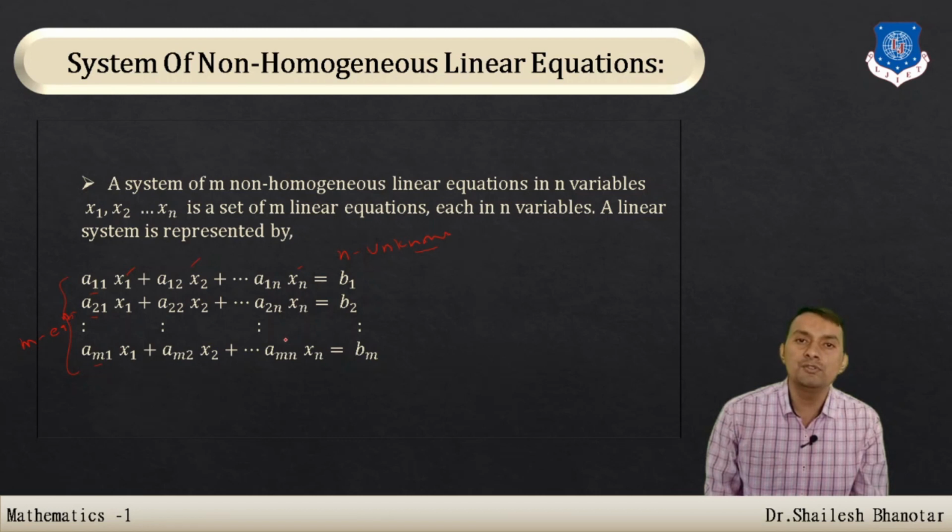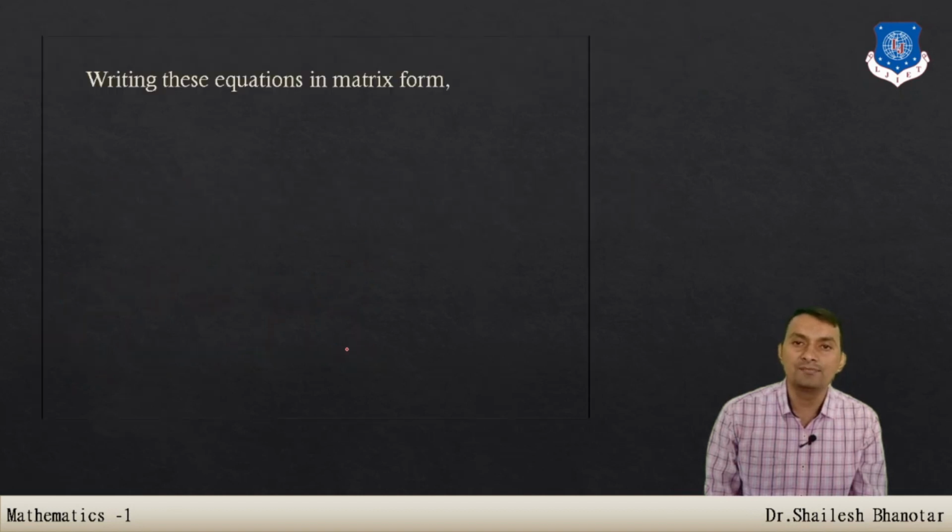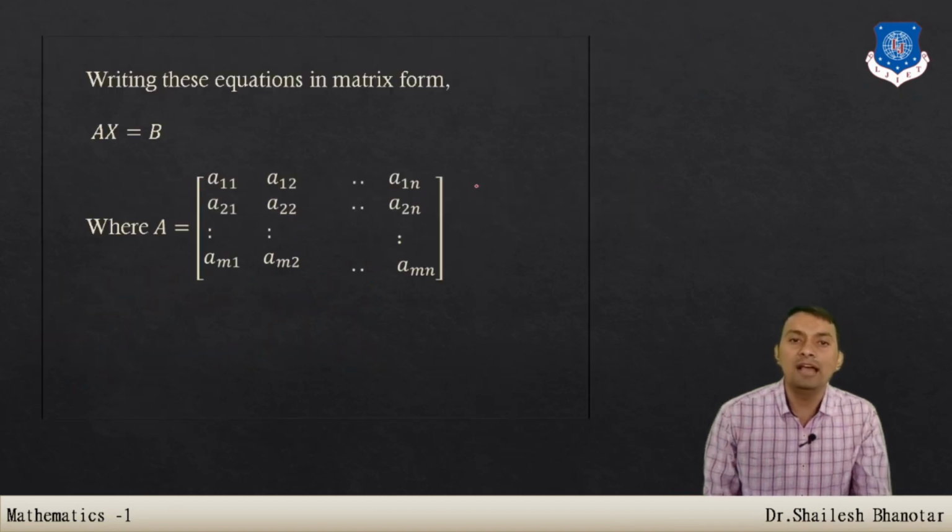So how can we solve it? Using the Gauss-Jordan as well as the Gauss elimination method, that will help to solve this kind of system. But here b1, b2 up to bm are nothing but arbitrary constants. We write a11 x1 plus a12 x2 plus a13 x3 up to a1n xn, and that is exactly b1. And second, a21 x1 plus a22 x2 plus up to a2n xn is equal to b2, and so on up to bm.